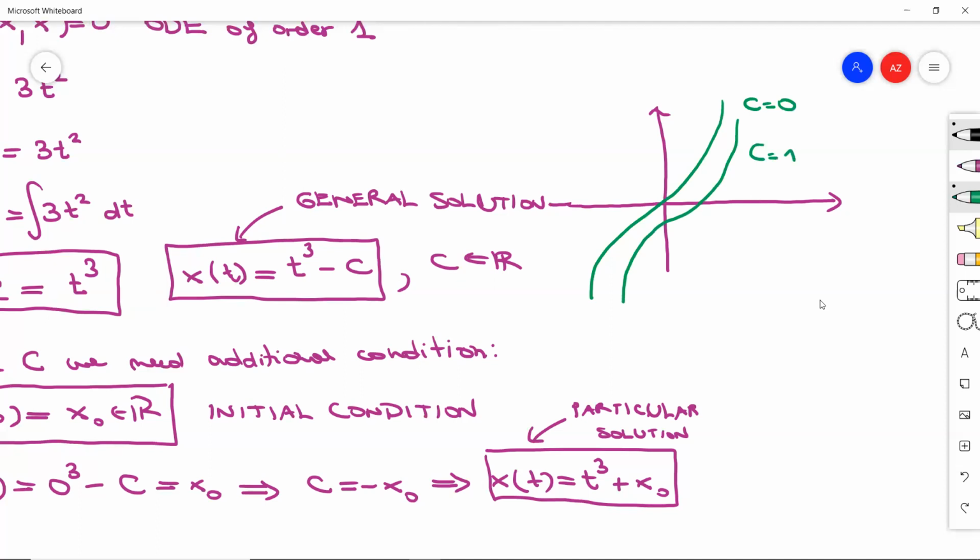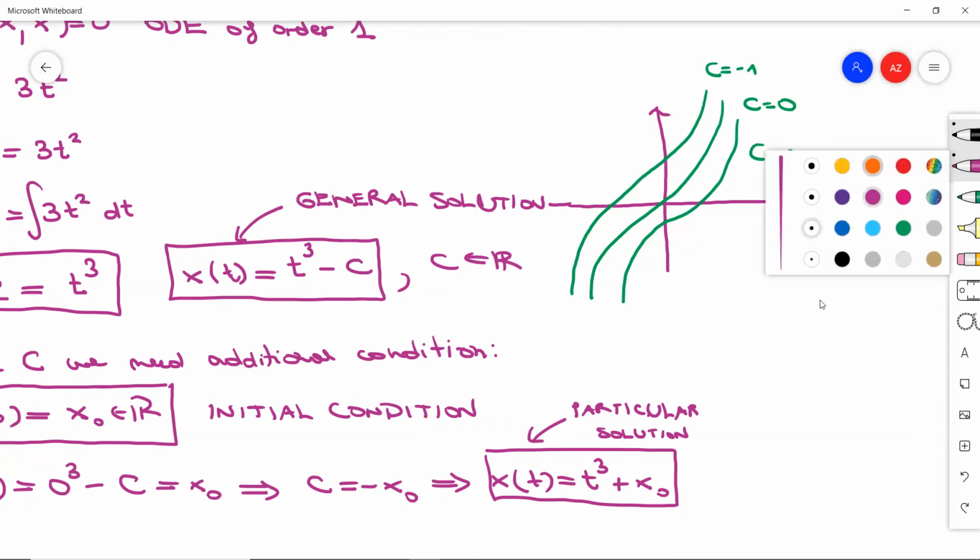So this is for c is 1. And then for c is minus 1, we have x of t is t cubed plus 1. So it's here. So we are moving our solution t cubed up and down. And we get a whole bunch of solutions, a one-parametric family of solutions. But if we know one point on our solution, any point,